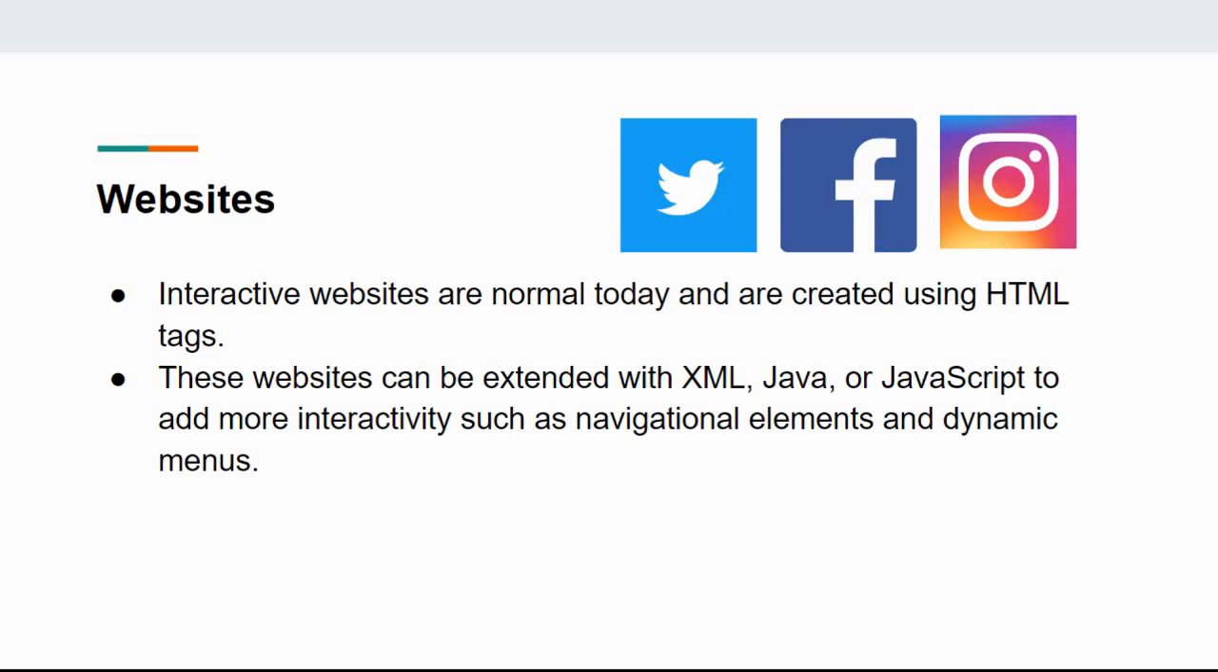Another form of multimedia usage is websites. We've all used websites before, from social networking to blogging to wiki creation and file sharing. Interactive websites are very normal today and are created using HTML tags. These websites can be extended with XML, Java, or JavaScript to add more interactivity, such as navigational elements and dynamic